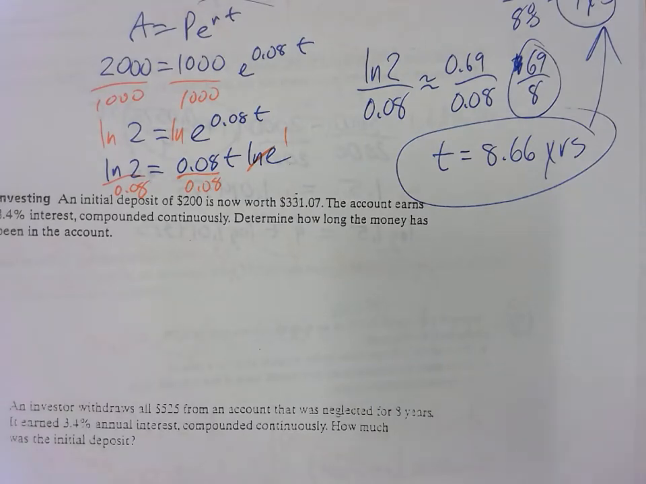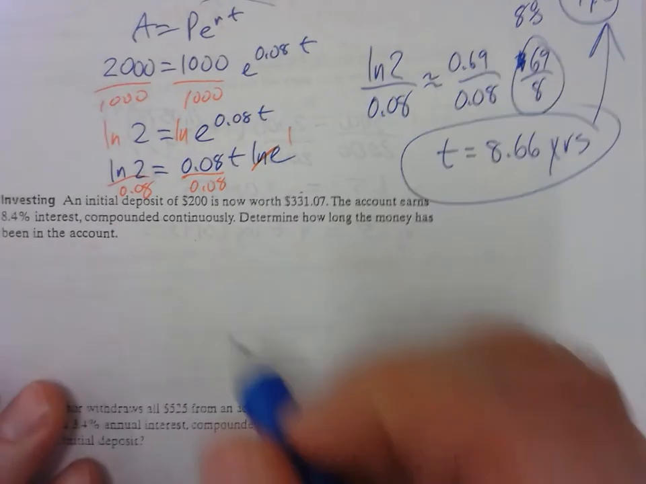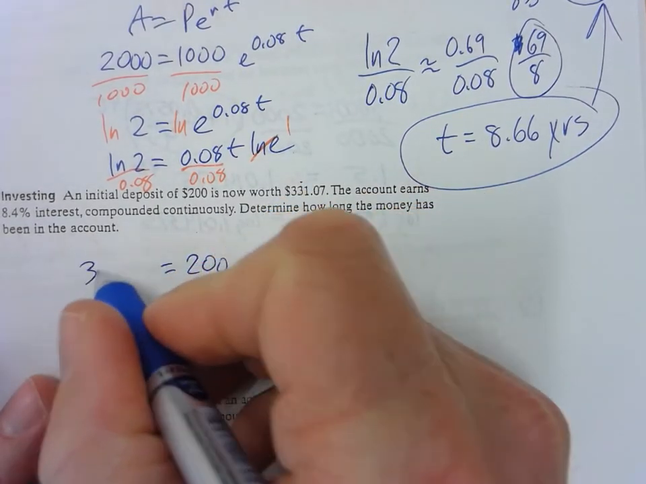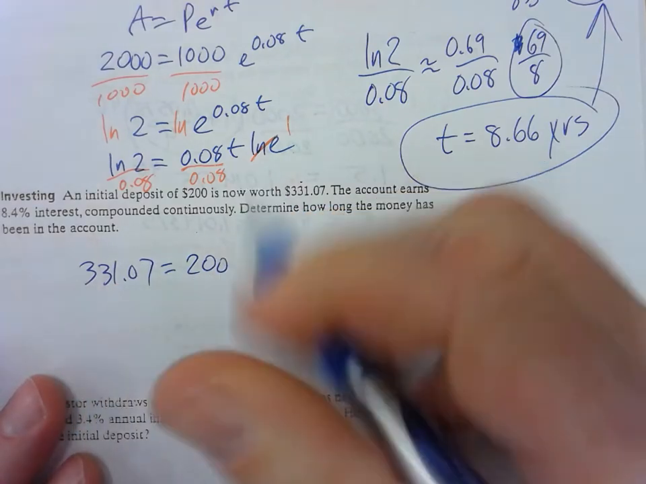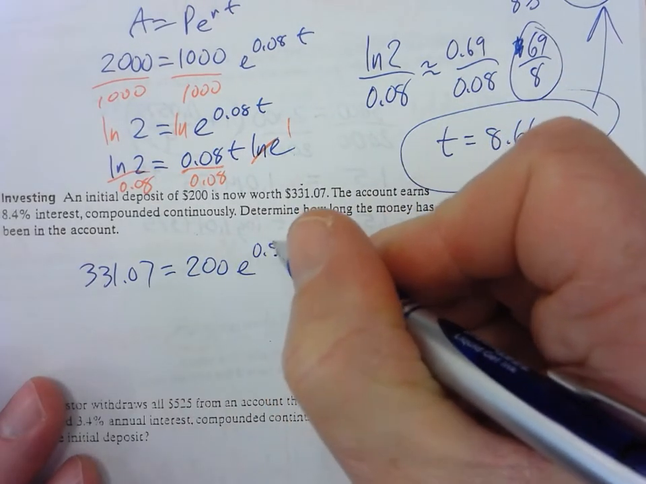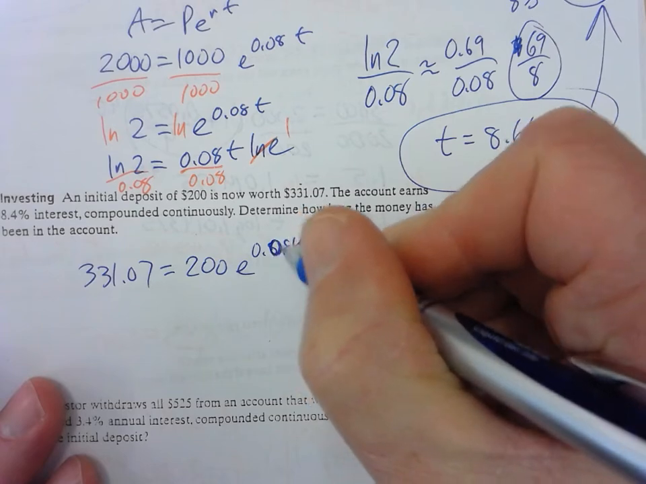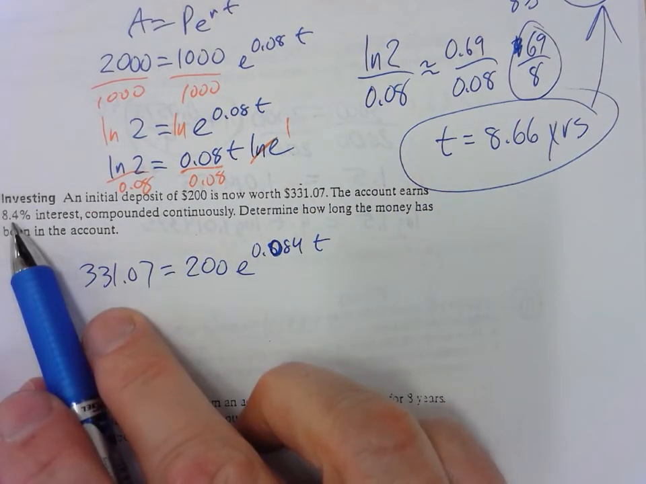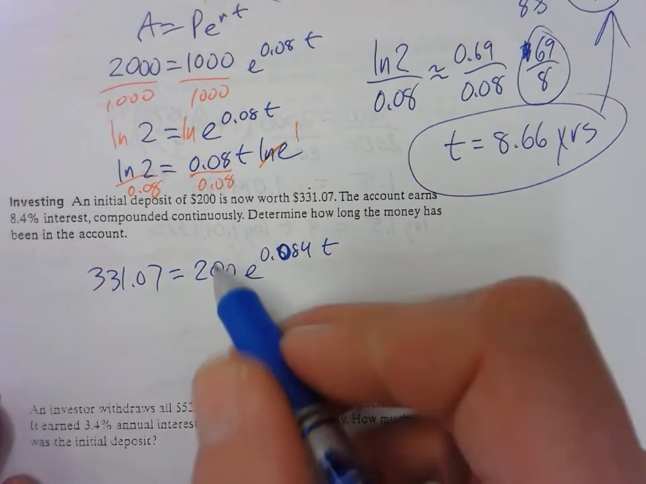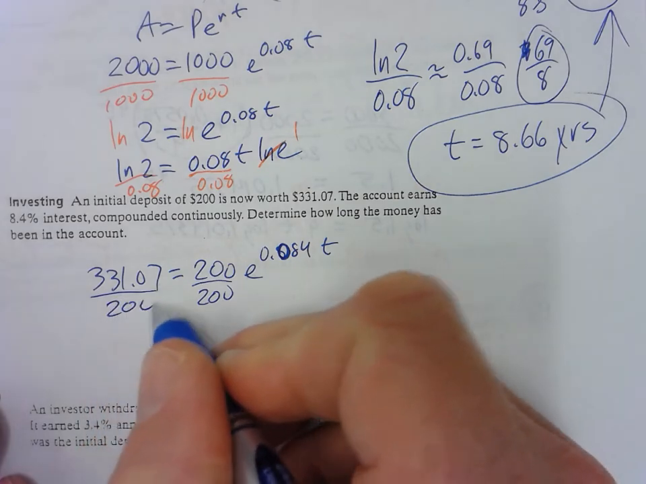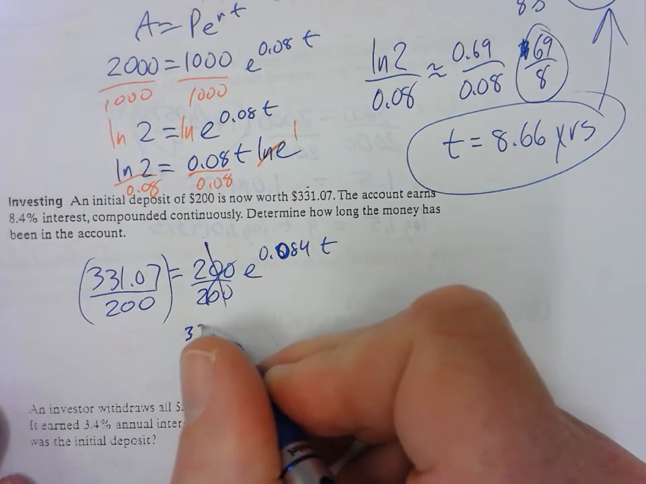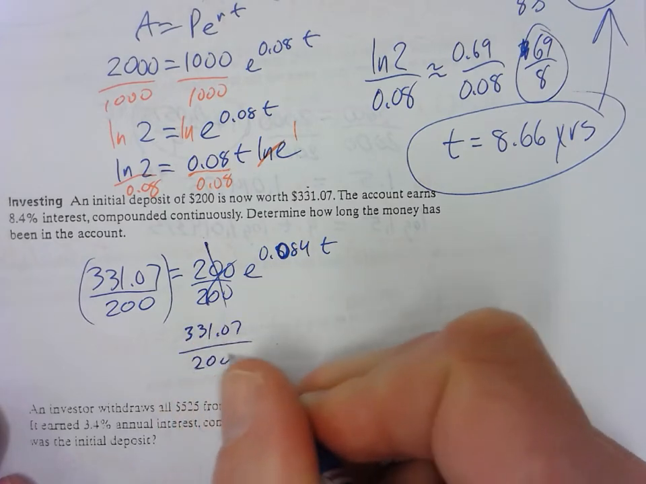The next problem is solving for time as well, and we start off with 200 bucks. We're compounding continuously. We end with $331.07. The rate of interest is 8.4%, so 0.084 times T. Looking for T, how long will it take for this to happen? So we divide over the 200. Now dividing by 200 here doesn't work out so well, so I'm just going to leave that fraction. So we get 331.07 divided by 200 is equal to e